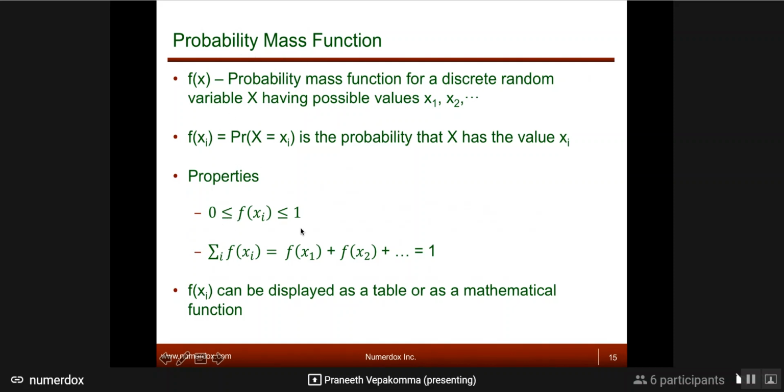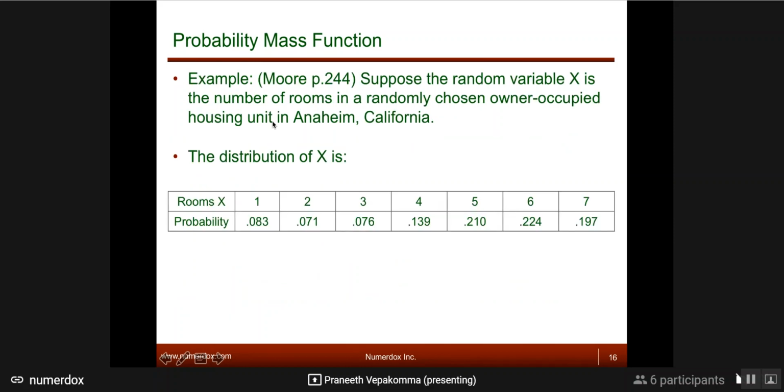And these are the properties. Probability is always less than or equal to 1 and greater than or equal to 0. And the sum of all probabilities that are possible should be equal to 1. Because if this is all the possibilities that can ever happen in that universe of events, everything should sum up to 1, right? You cannot go beyond that. So these are the two properties. Any function that satisfies these two is known as a density function.